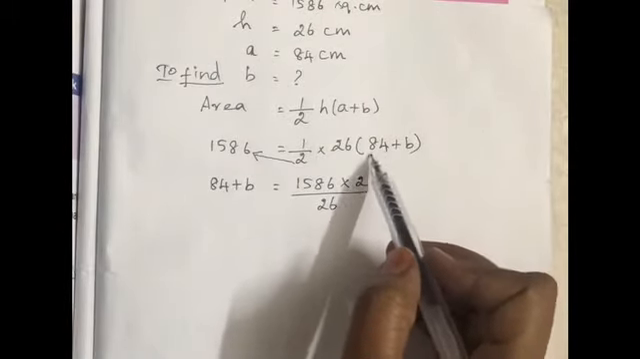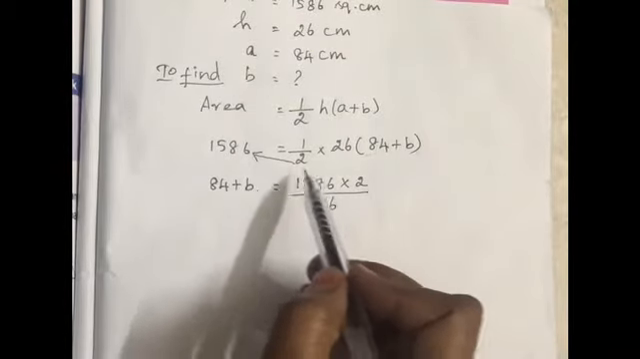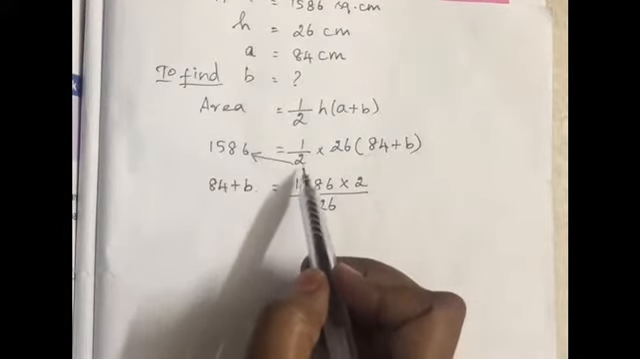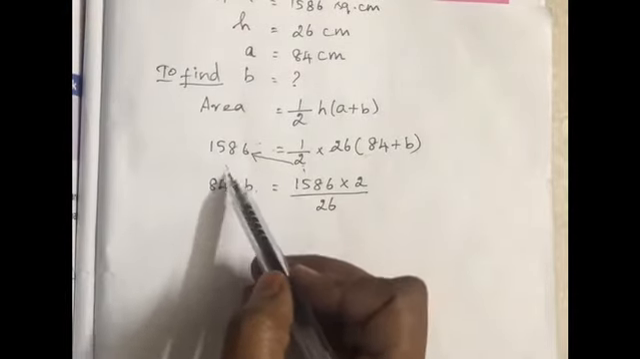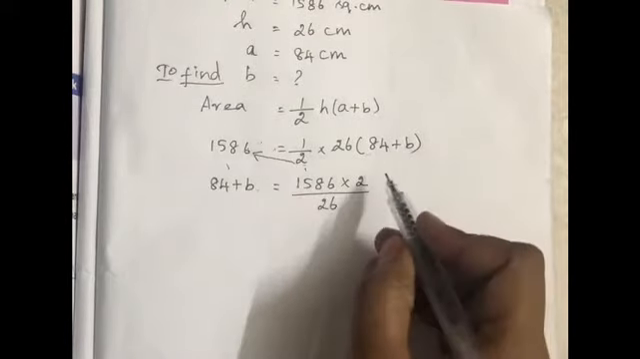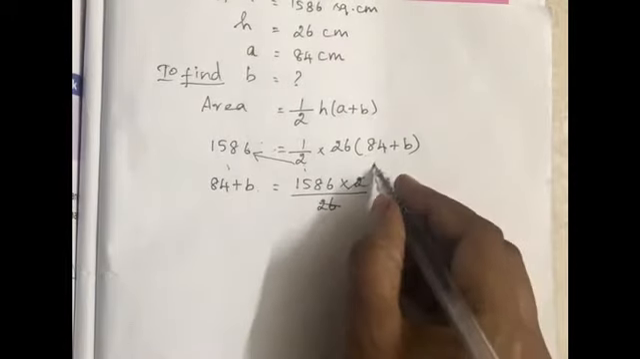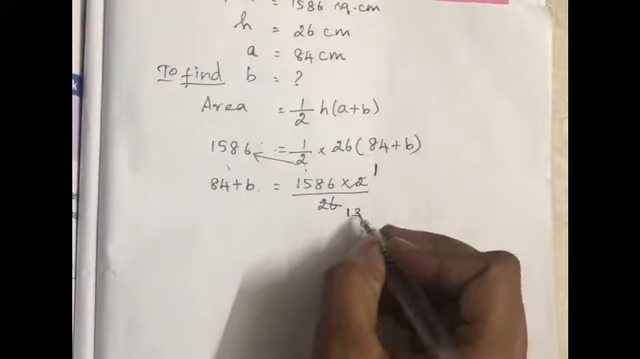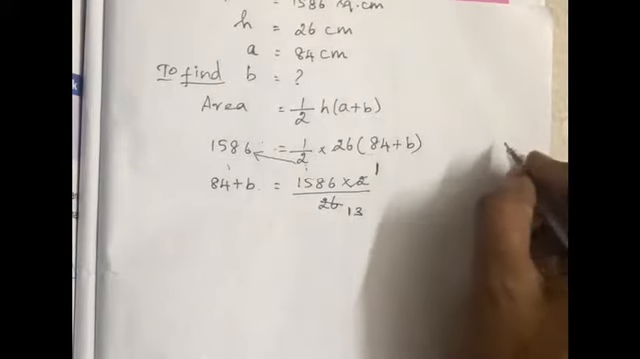So, I keep 84 plus B on the left hand side, and I move the other numbers. Okay. So, 1586, while cross multiplying, 2 will go to the numerator and the 26 will come to the denominator. Okay. So, 1586 into 2 divided by 26. Now, let us cancel 2 and 26. 1 2 is 2. Here 1 2 is 2, 3 2s are 6. Shall we cancel 13 and 1586? Okay. So, we can divide it like this,